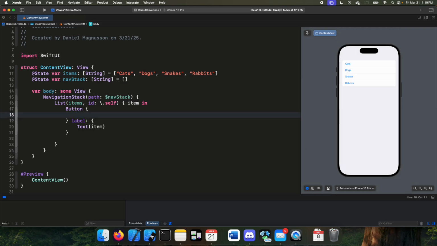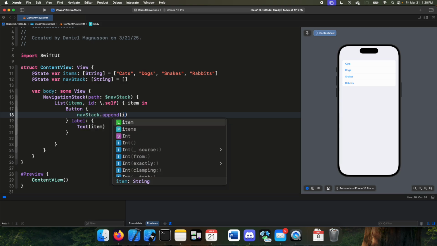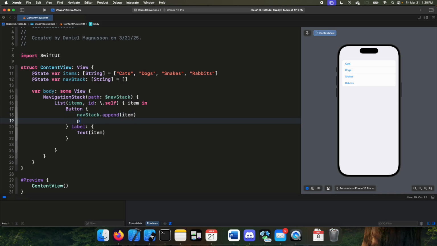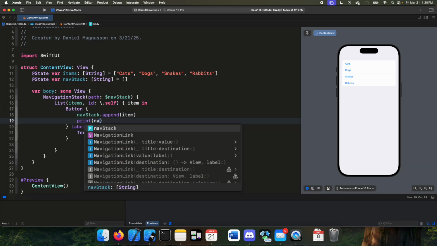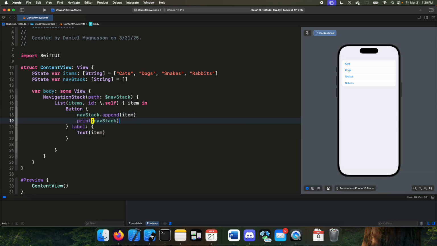Here, there's a couple things we want to do. First of all, we're going to just add something to the navigation stack, and we'll just add the item, and then we'll print out the navigation stack, like so. Now when we click on a button, we can see that snakes has been added to the navigation stack,